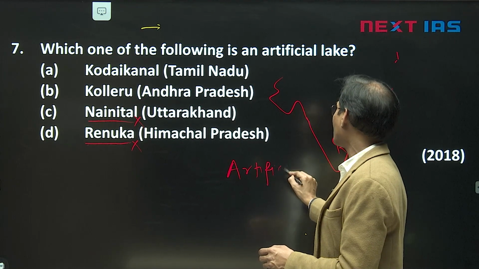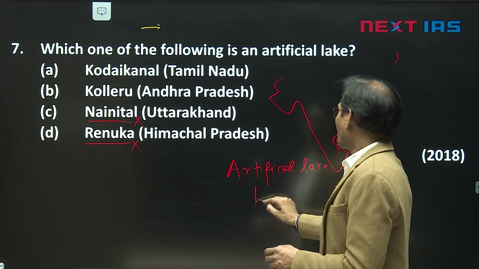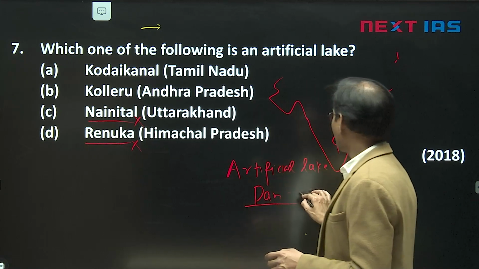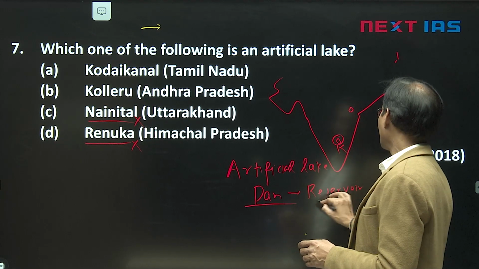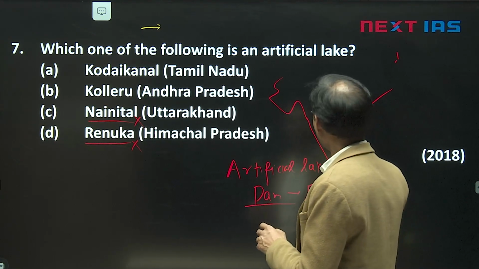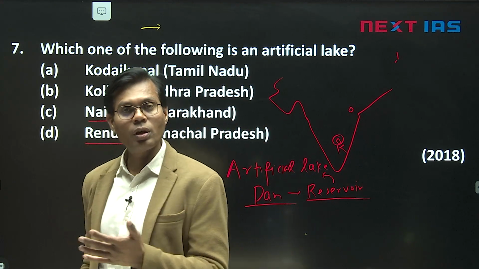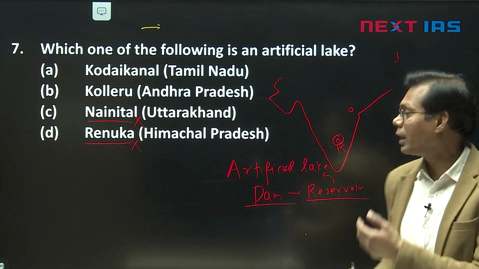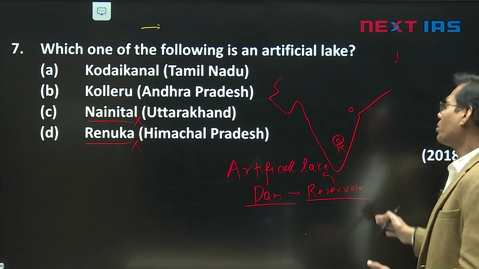That artificial lake is normally seen along the dam reservoir, that we call an artificial lake. Once we hold the water of any river and store that water in a reservoir, it is an artificial lake, like Govind Sagar or Koyna I told you, or Srisailam or Nagarjuna Sagar, whichever dam you are aware of, Gandhi Sagar, or Jawahar Sagar. And these are the artificial lakes behind the dam.